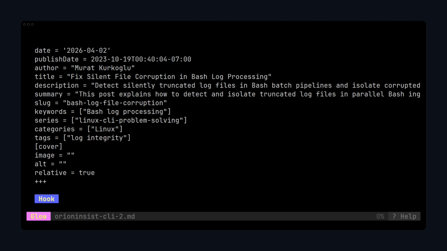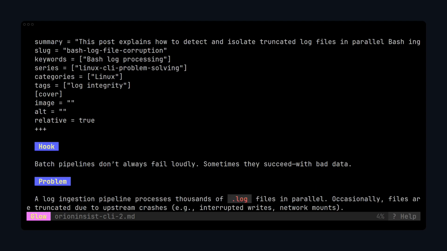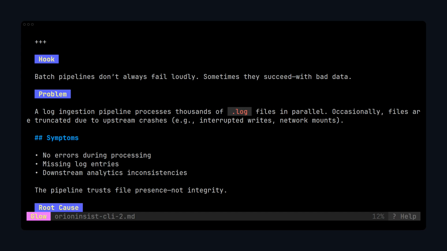Your analytics say something else. That is the problem. A log file can exist, be readable, and still be broken. No crash, no loud error, just missing data moving quietly into downstream jobs. This matters because batch pipelines usually trust presence, not completeness. If a file is there, the job keeps going. If the file has bytes, it gets ingested. But one silently truncated log can poison metrics, trigger wrong alerts, or break automation later when the bad data has